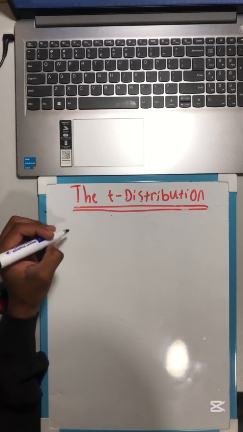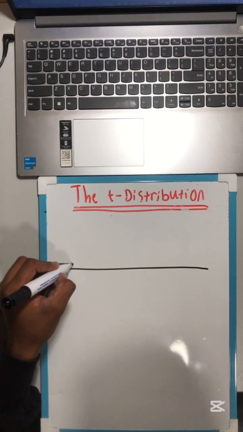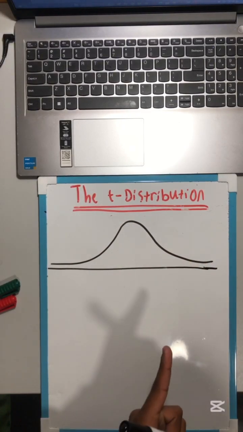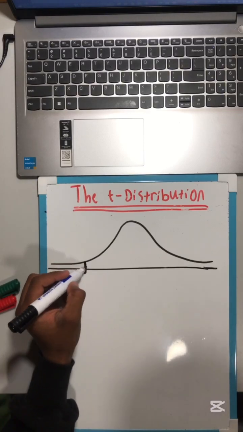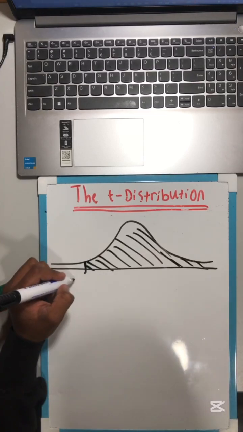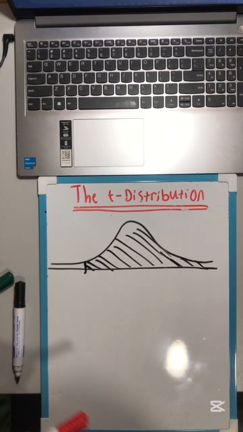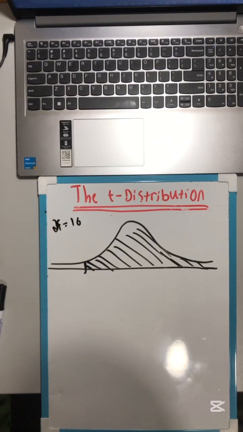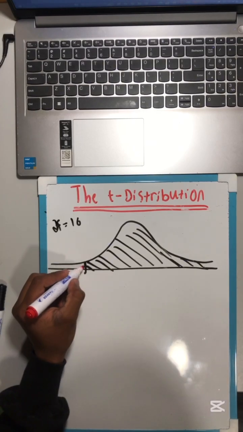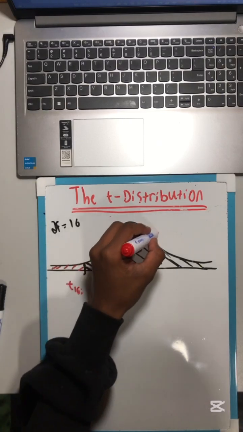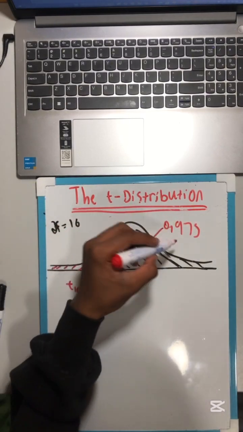So la bathi find the value ka T, and the T value with that has an area of 0.975 to its right. So ikanje in an area of 0.975 to its right. So mara mina ke degrees of freedom alingana no 16. Asikwazi sisebenza nge-area to the right, thina sisebenza nge-area to the left. So ngamanye amazwi we're looking for uT with 16 degrees of freedom, lo beku 0.975, so it's 1 minus 0.975